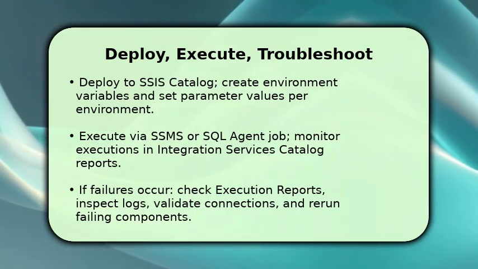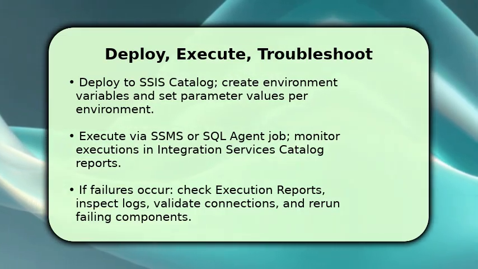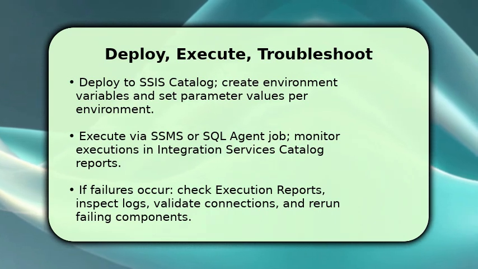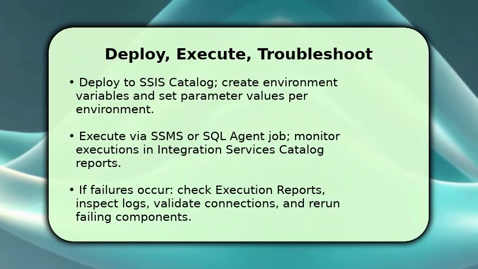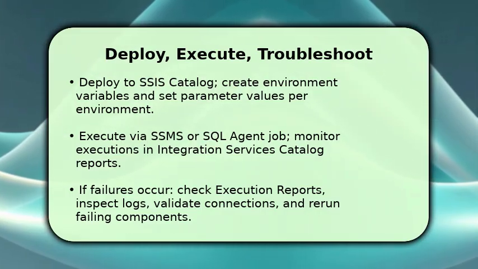If something fails, immediately open the execution report, review logged messages and error codes, validate connections and permissions, and rerun only the failed tasks after fixing the root cause to save